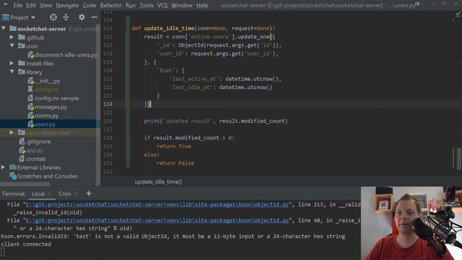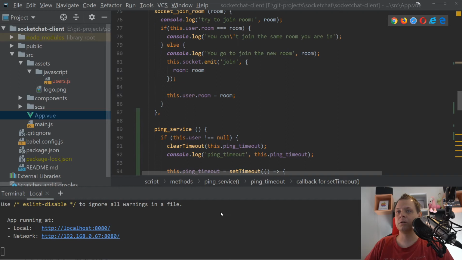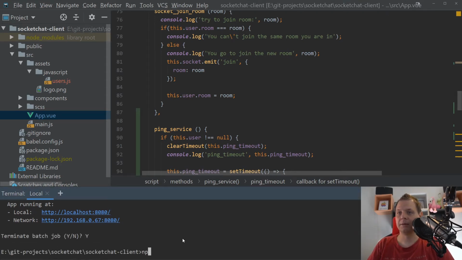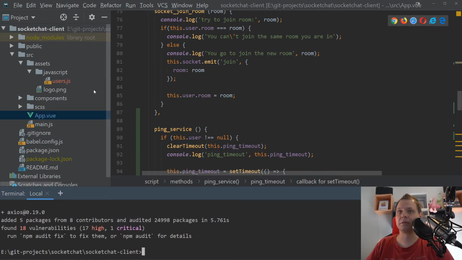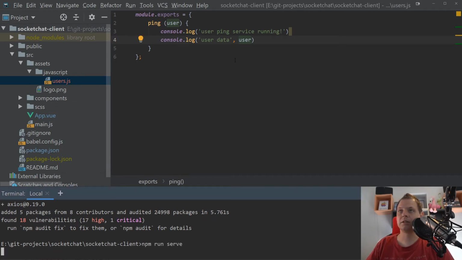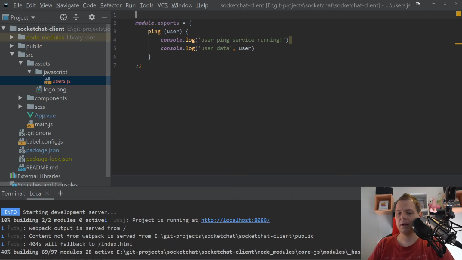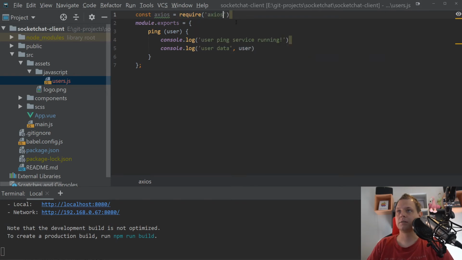Let's jump back to the client here, and then we want to install one library, say npm install axios. This is the REST I spoke about. We need this to continue the ping service. And let's go inside here, the ping service, and let's run the server. And of course inside here we want to set const axios equal to require axios,